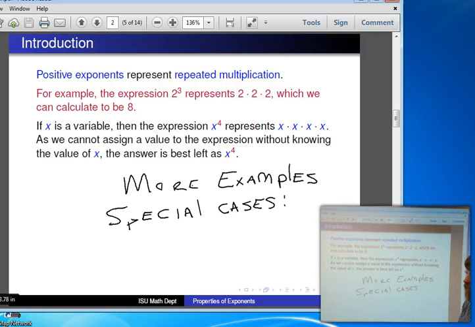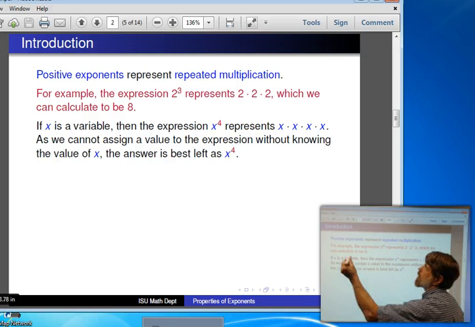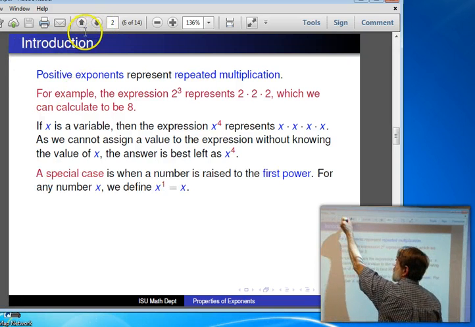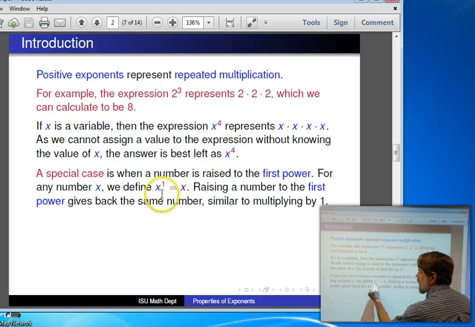Special cases. Going on to these, we're going to want to advance the presentation, and so turn off the marker, and here's the first special case. If we have a base x